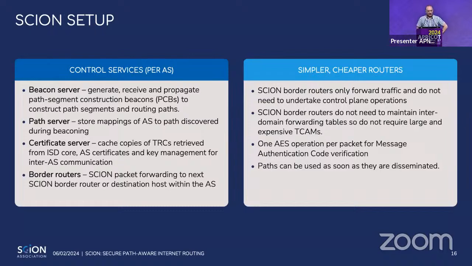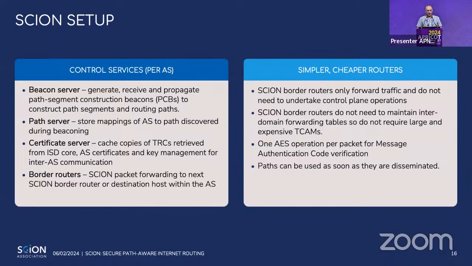So the control services, there are essentially 3 of these. There's a beacon server, which is essentially the advertisements of the segments. The path server is the service that maps these ASs to paths after the beaconing process or during the beaconing process. And then you've also got the certificate server, which is managing the trust, the certificate trust there. In practice, these are all running on the same virtual machine or on the same box, but they are separate processes.